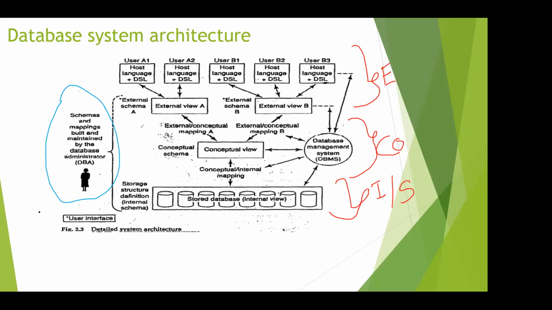An application programmer develops programs in conventional programming languages, or develops using fourth generation programming languages: Java, C++, Python. All these languages we can call fourth generation languages. And what is an end user? An end user uses a language that will be either a query language or some special purpose language.